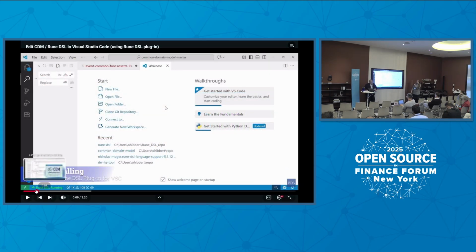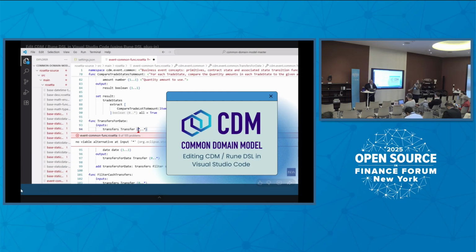In this one, we're basically showing that there is an extension in VS Code, if that is your IDE of choice, that will help with syntax highlighting and error detection that recognizes Rune DSL. That doesn't come out of the box in VS Code, right? It may not recognize Rune DSL, but with this extension developed by a JP Morgan contributor and CDM maintainer,